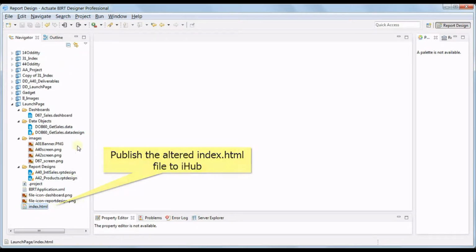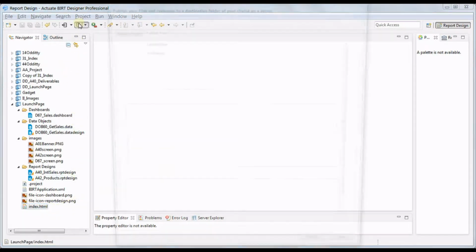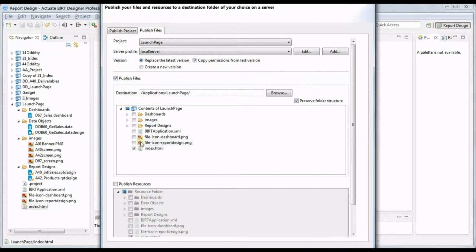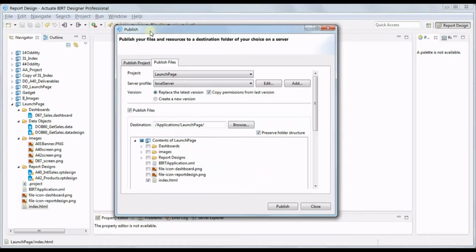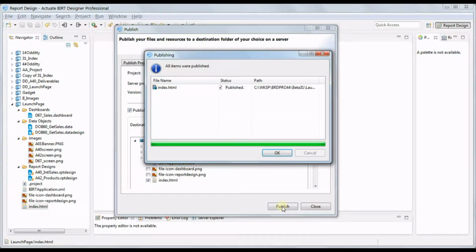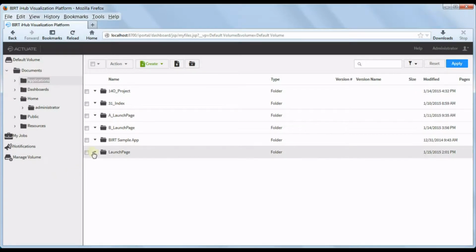Now let's publish the changed index.html file, the launch page, up to the server. All the other components are already there. We simply altered the layout. And once we've done that, we can go to the volume,